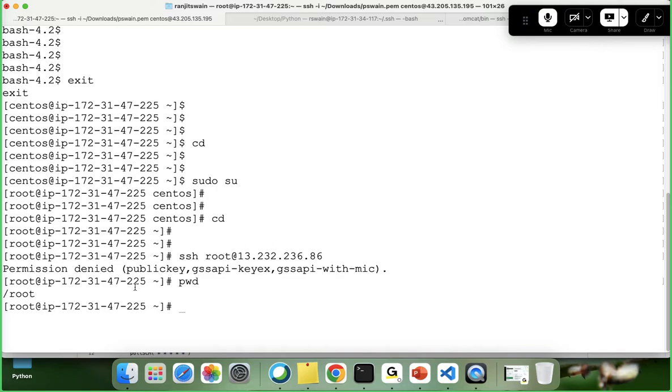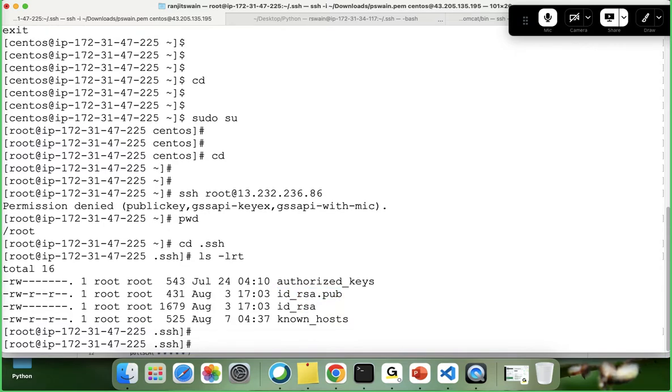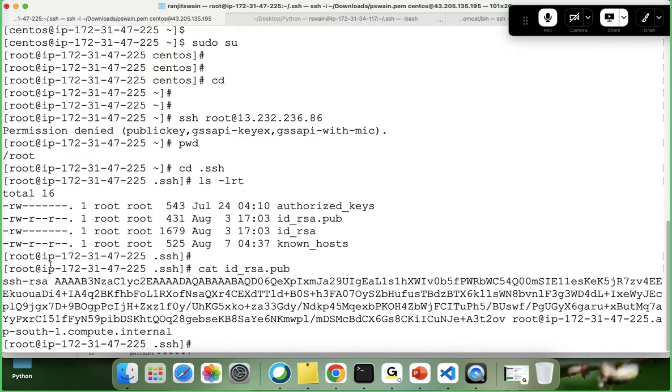Under slash root, you'll find one folder called .ssh, one hidden folder, and inside that we'll find the public key id_rsa.pub. If the public key is not there, you can use ssh-keygen to generate the key. I think you already know that, or else we'll see in our Ansible classes, and that time I'll show you the details of how to do that. But for the time being, let me just copy the public key, and